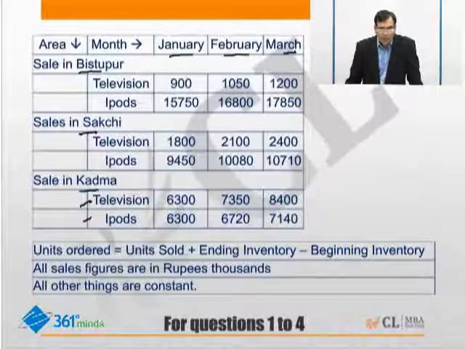Okay. So when you're looking at this table, the first thing you need to understand is data interpretation is not about data calculation, it is about interpretation. Your first task is to understand what the data says. Only when you understand the data completely, should you go on to the calculation part. So very simply put, what does this table give us?